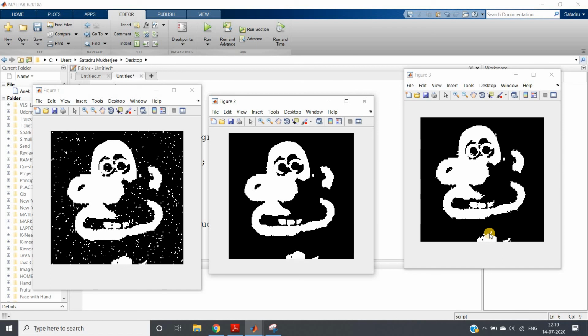This is the beauty of opening by reconstruction: after applying opening, whatever required object we have achieved, if we want to get back the same object as the original shape present in our input image, we can apply reconstruction. So the opened image will be our marker and the original image will be our mask. I hope you have understood this concept.